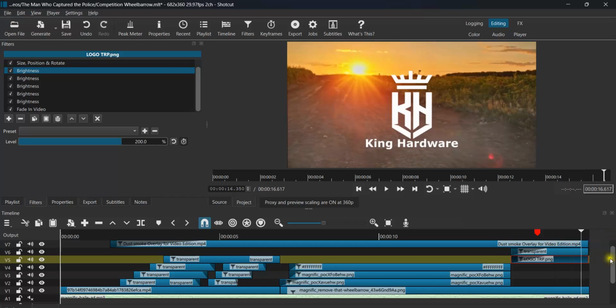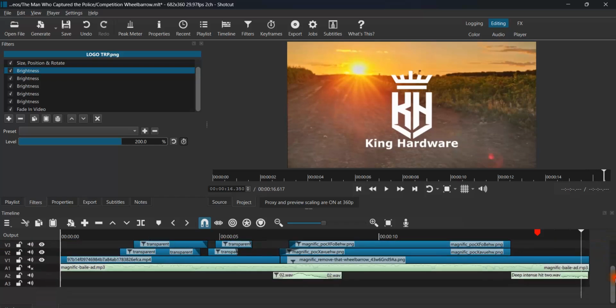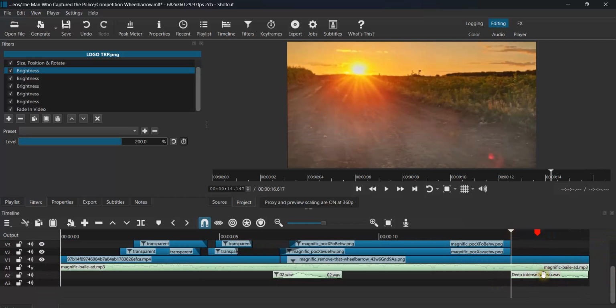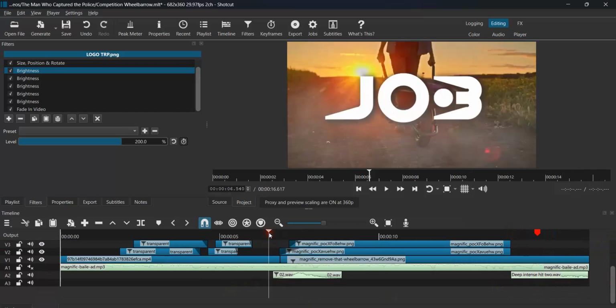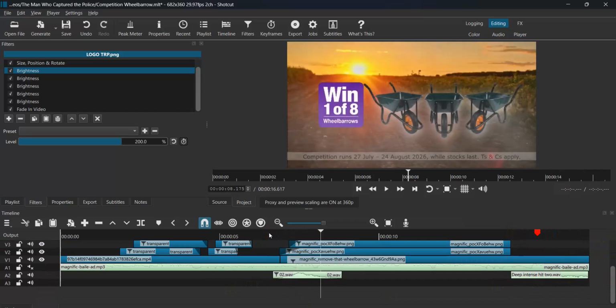Then, if I go downwards, I decided to have two sounds. I have this tape intense heat too. So around here, it will have a little bit of a rumble when the logo starts to appear. Then also here, I'll have a whoosh. Let's listen to the whoosh. You see when those things are appearing. Then I had this audio which I downloaded on Magnific. Then all together,